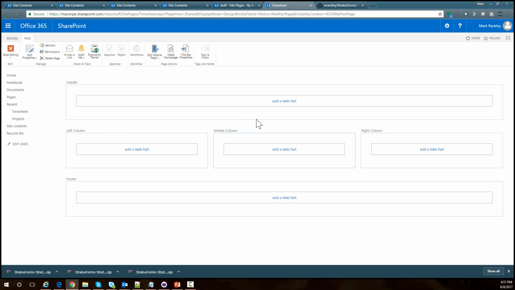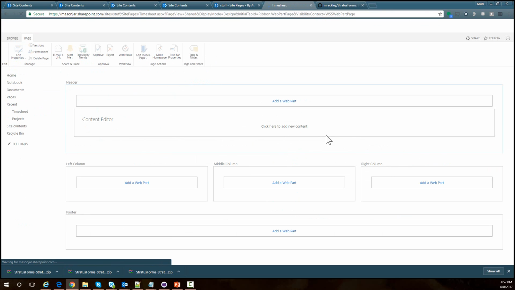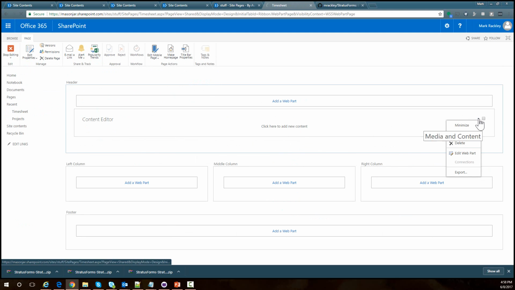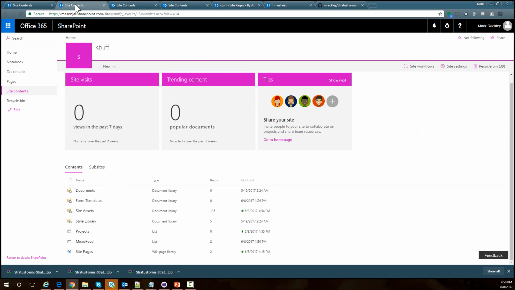Okay, so now I'm going to add a web part to this page. I'm going to add a media and content editor web part. And then I'm going to edit this web part. And I need to link it to the file from the examples. So if we go back and look at my site assets,